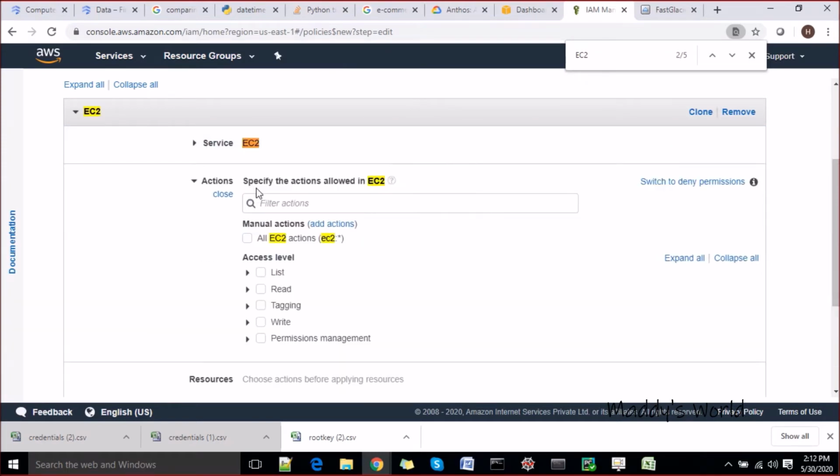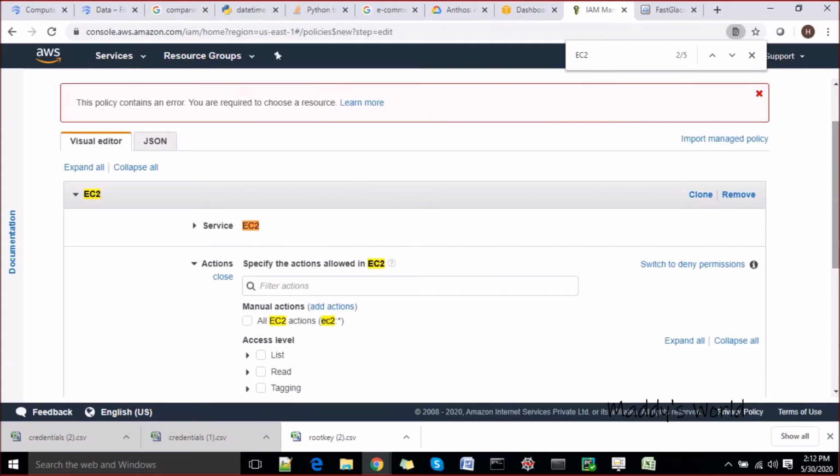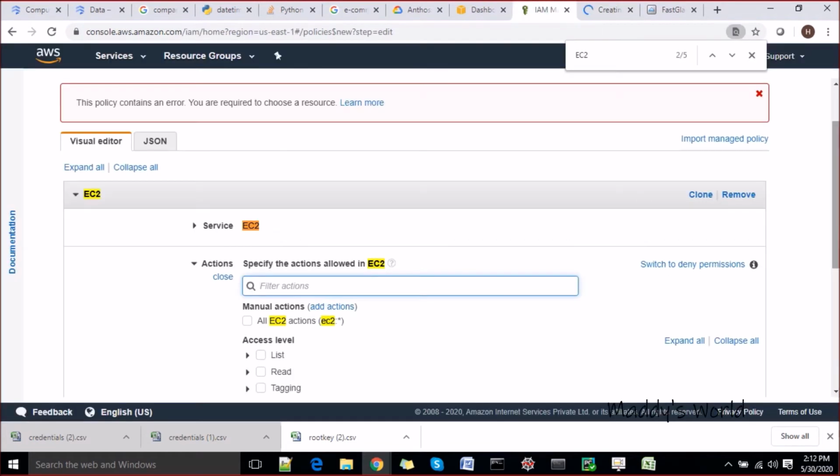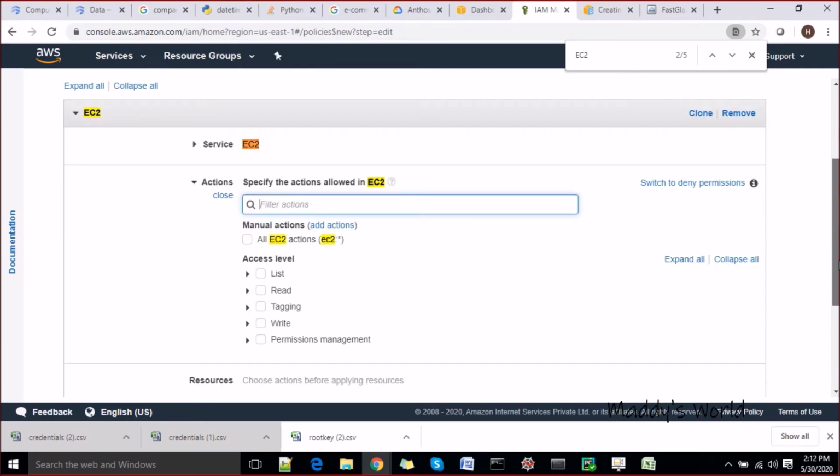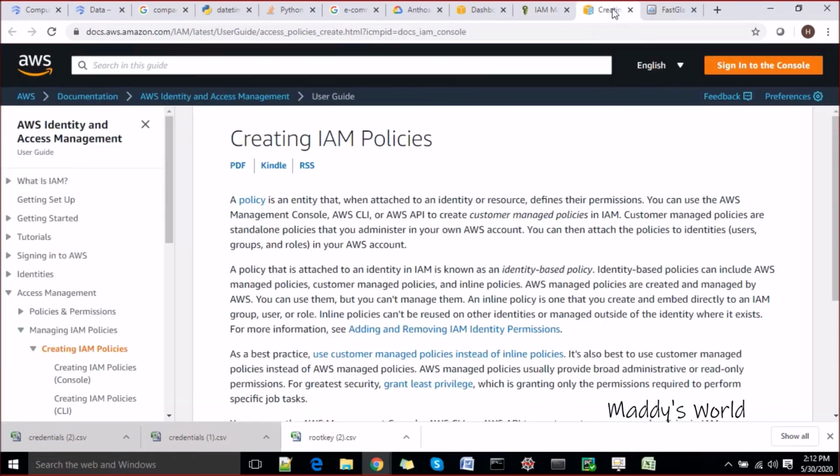I have already chosen the EC2 service. This is what it was asking me to choose, the resource. Let's see what it is saying here. This is going to kill me.